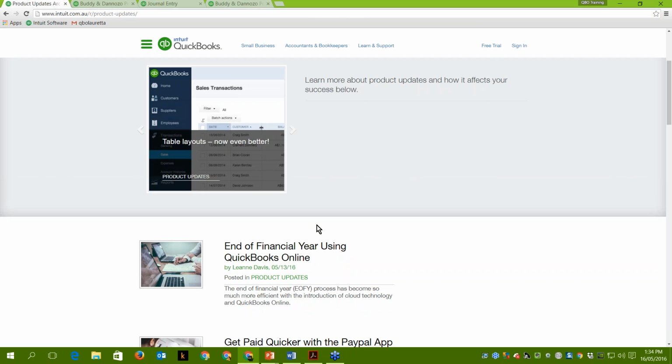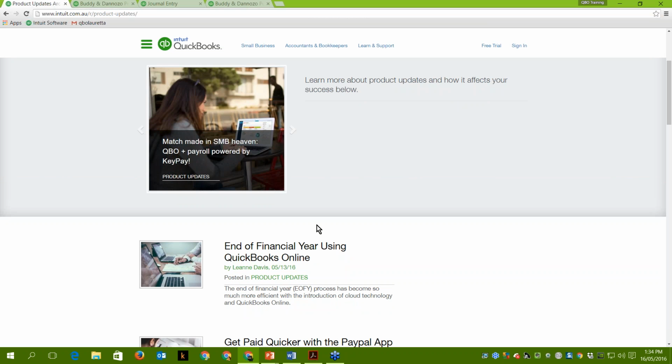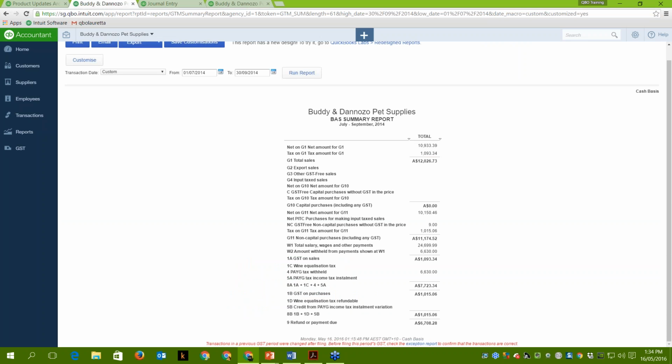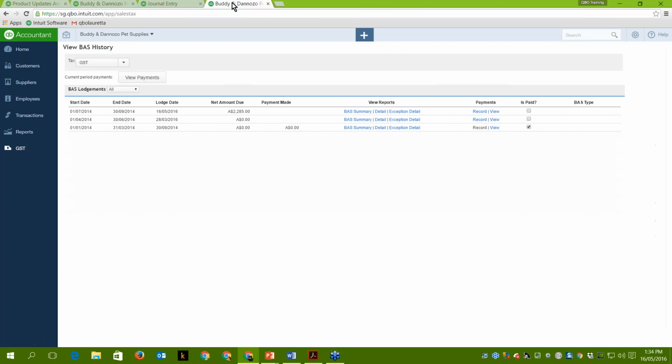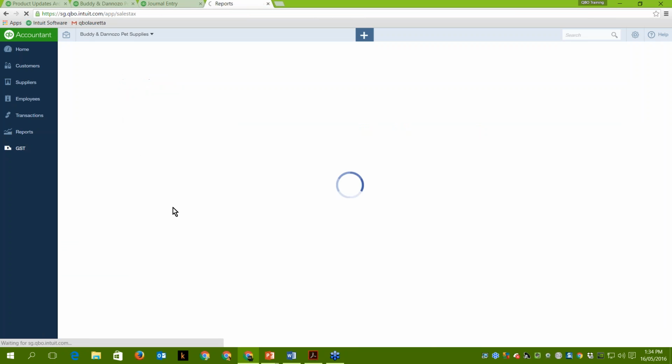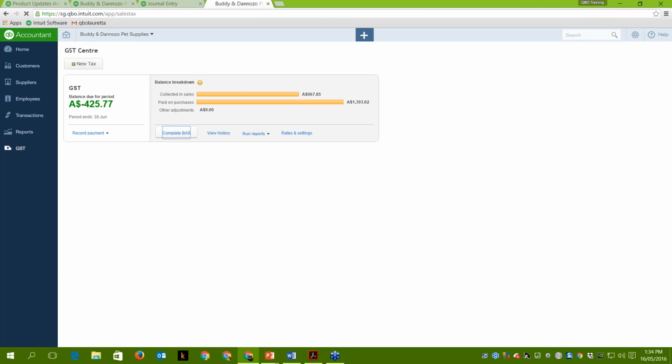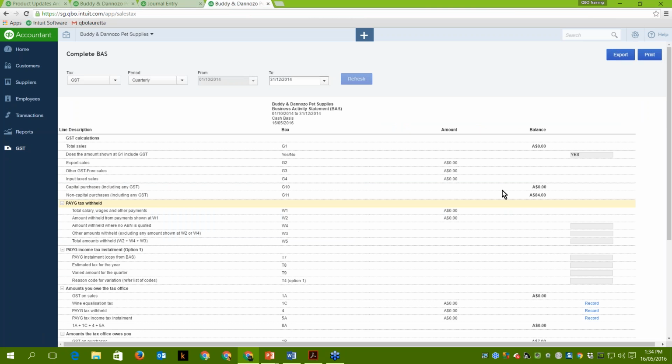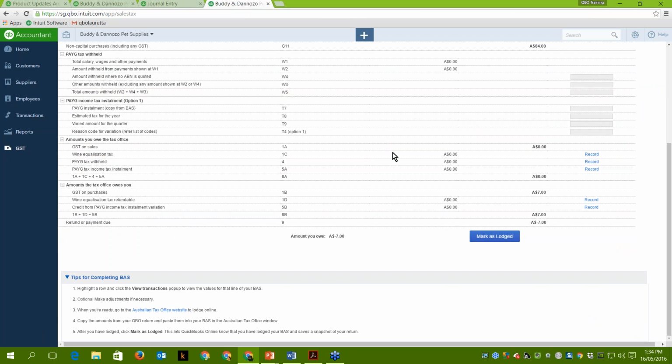That way you can go through step-by-step, make sure that you are picking up everything correctly. Depending on if you've had an exemption detail, something's changed, just make sure that you are aware that you do need to pick up the actual GST amounts in the complete BAS if you have anything in the GST exemptions